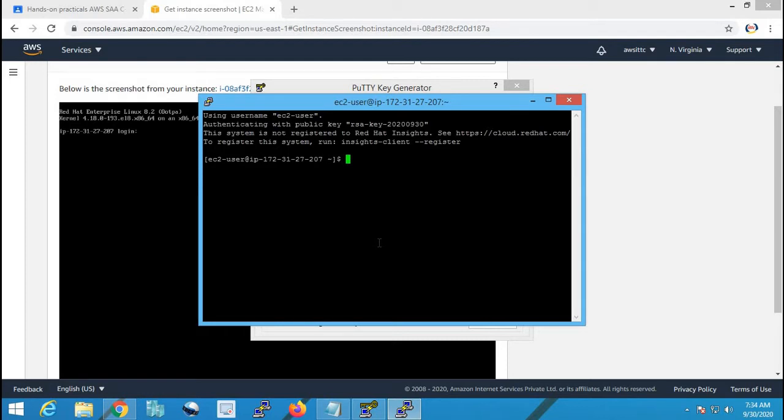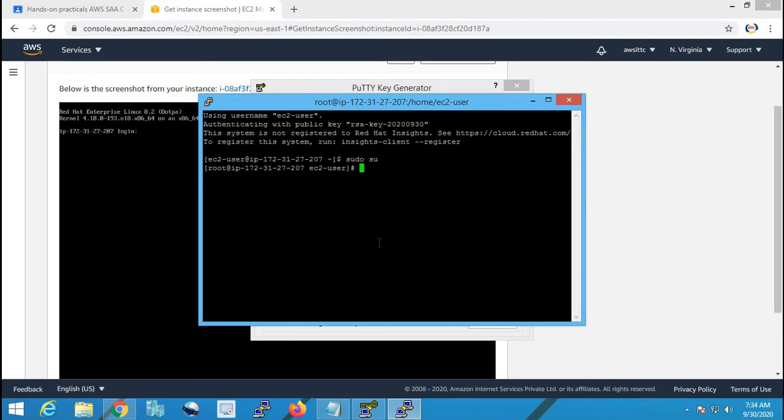So now what I have to do is generate a new key and change the existing key with the new key. So what I have to do for that now? Before that, let me show you. I'll go to sudo su -i.